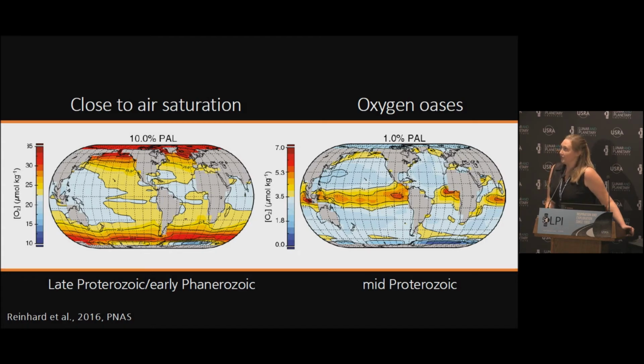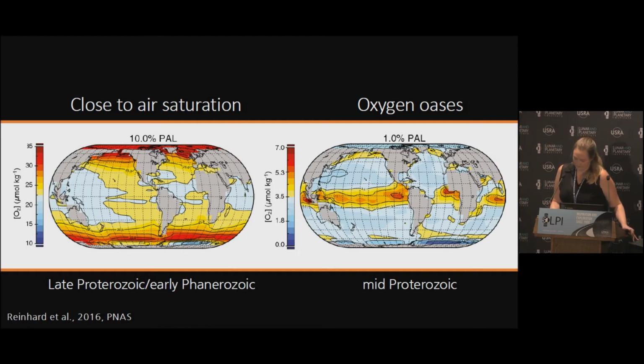And the highest dissolved oxygen concentrations are no longer in the regions of highest oxygen solubility. Instead, the highest oxygen concentrations here are in the regions of the ocean that have the highest nutrient fluxes, thanks to upwelling, and thus the highest rates of oxygenic photosynthesis. And so in this world, oxygen is accumulating where oxygen is being produced,